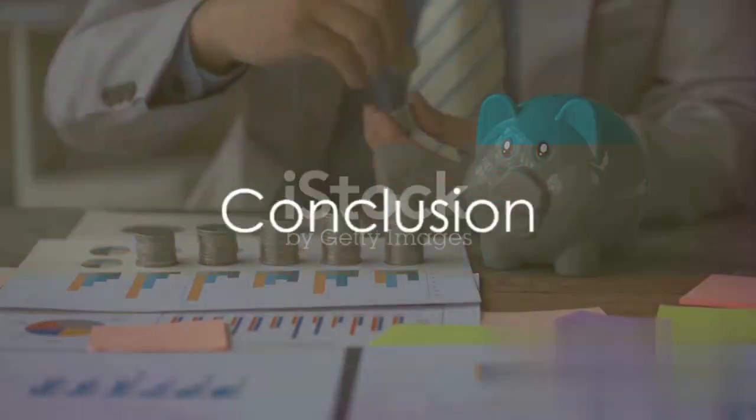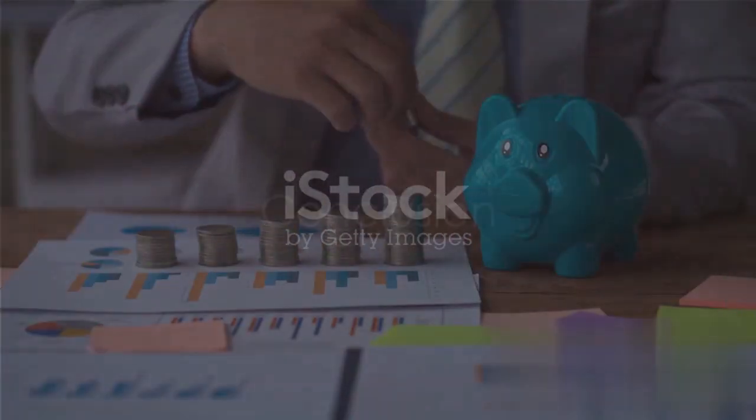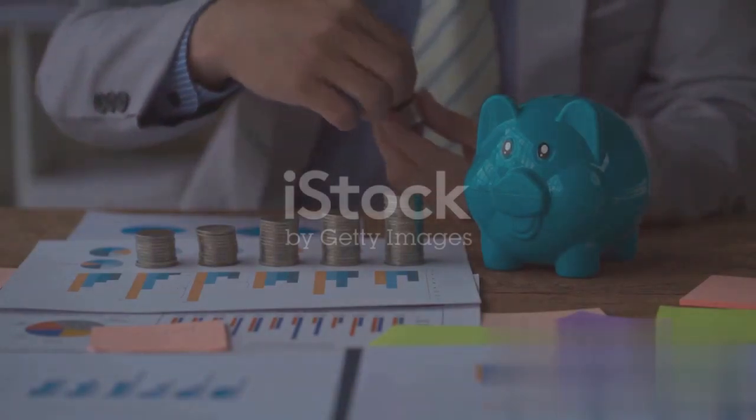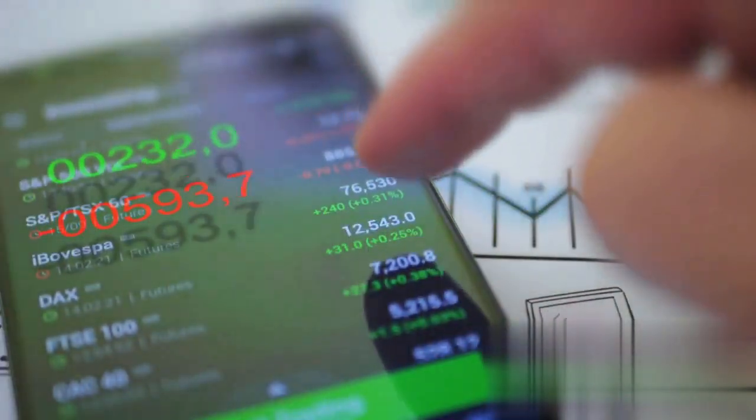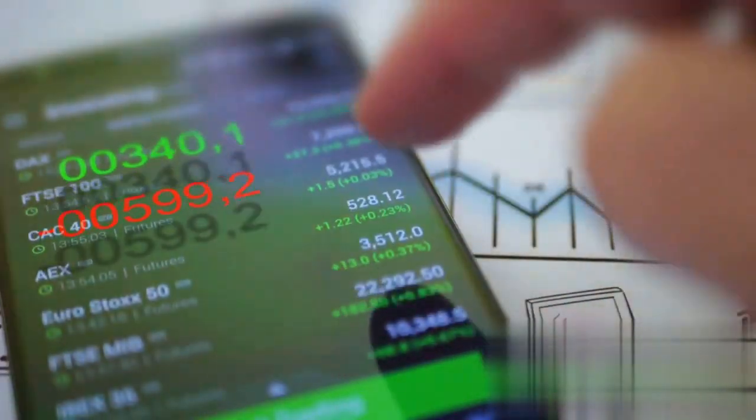In conclusion, investing is a journey, and like any journey, it requires planning, understanding, and a little bit of courage. But with these strategies in your toolkit, you're well on your way to building a solid financial future. Remember, the best time to start investing was yesterday. The second best time